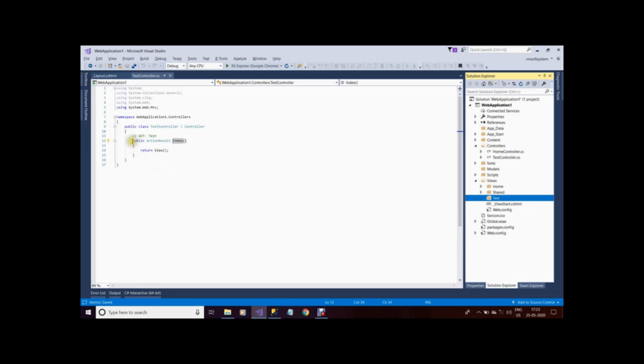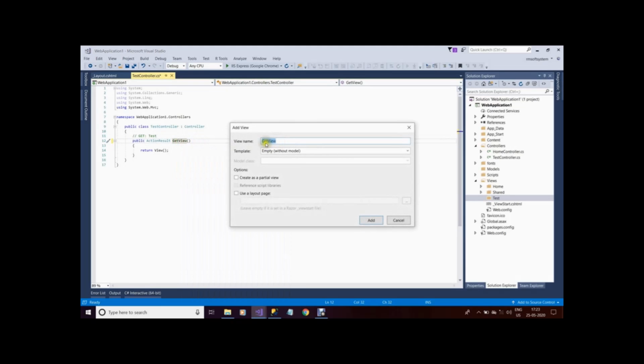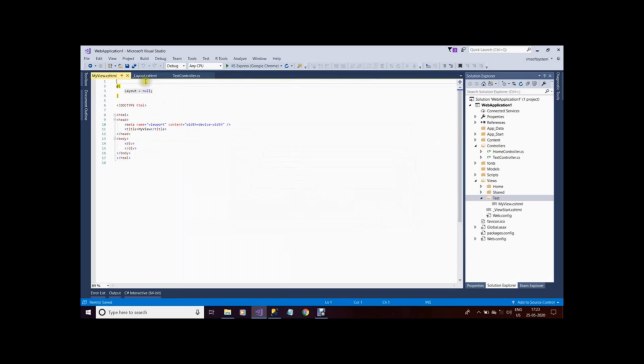Let me do a demo of view. Add a new action method inside TestController. Name it GetView. Right click the above action method, click Add View. The Add View dialog box will appear. Put the view name as MyView. Uncheck the Use a layout page checkbox and click Add.